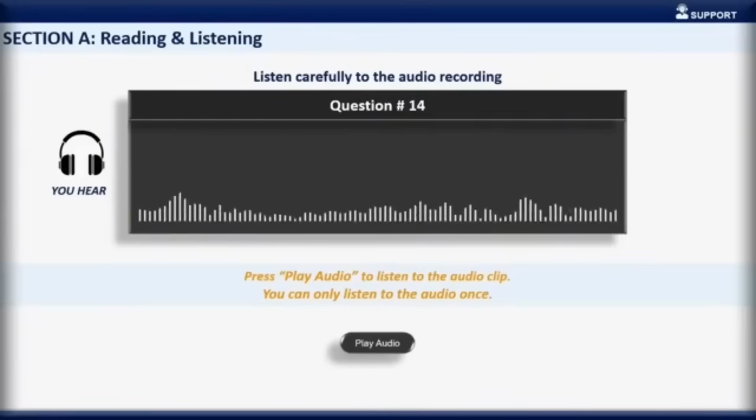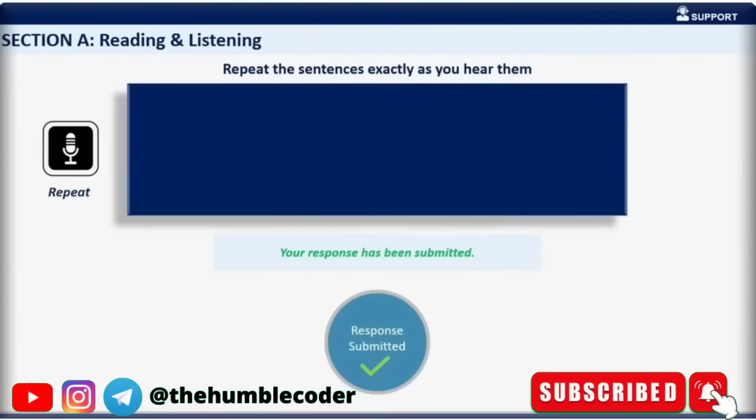The sun was setting behind the mountains, casting a golden glow over the valley, while the birds returned to their nests. Okay, the answer for this question is: the sun was setting behind the mountains, which created a golden glow